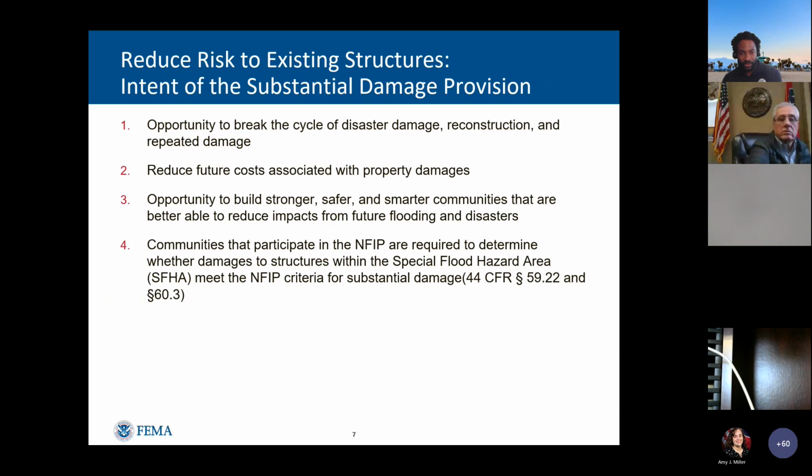All right, so let's get into the substantial damage provision. You all have this provision in your floodplain ordinance. When it comes to substantial damage, the big four takeaways to simplify it: first, the opportunity to break the cycle of disaster damage, reconstruction, and repeated damages. So